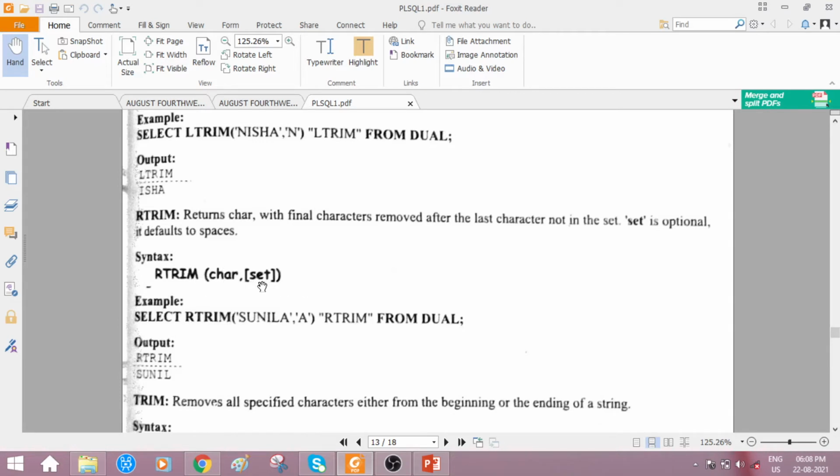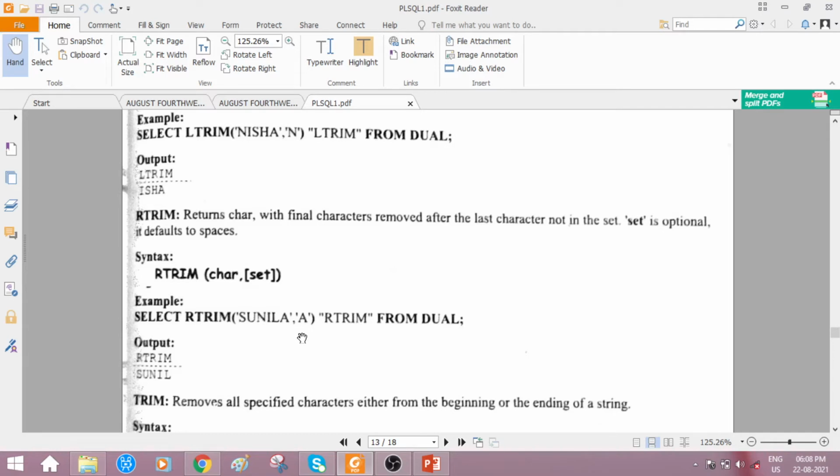So in whichever syntax you find square brackets, students, they are all optional to be mentioned. By default, if you are not mentioning set, you simply provide the original string and the character that has to be removed.